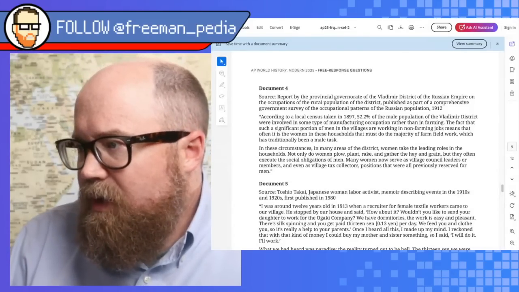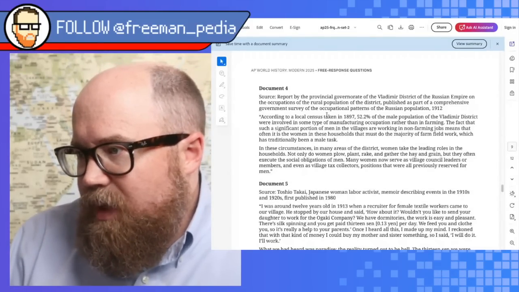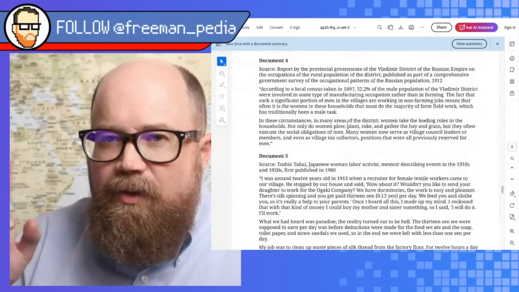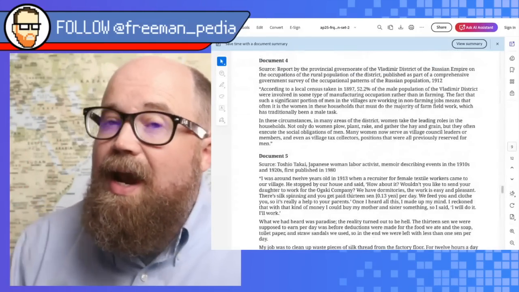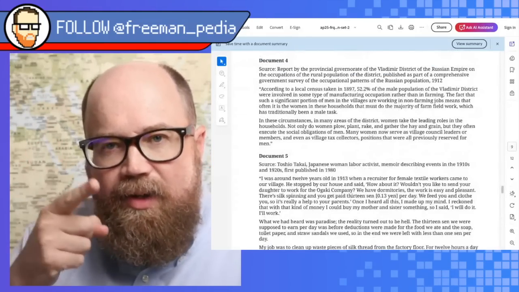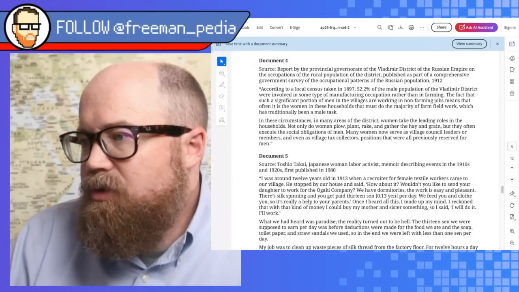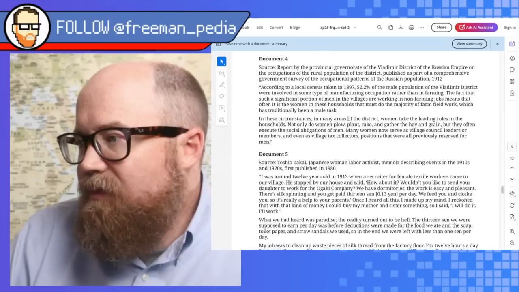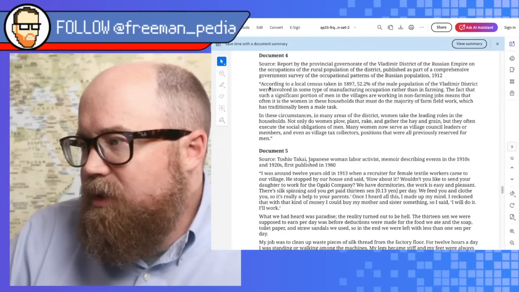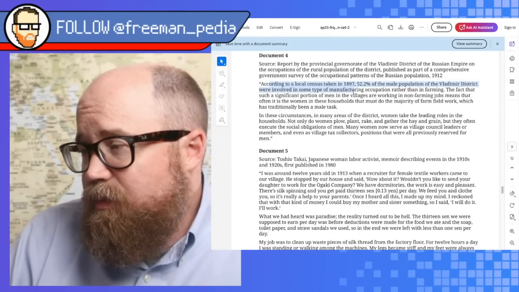Maybe it was. So here, the Vladimir district of the Russian Empire. I thought this was out of order. The first woman was talking in the Soviet Union about the 1890s. Read the documents, people. So these are in the proper order. So then you have document 4 talking about Russia in 1912. So pre-Soviet, again, pre-Soviet,